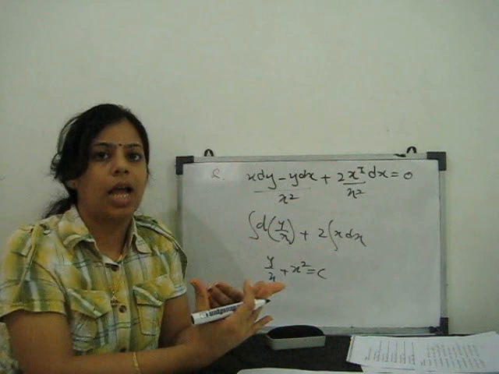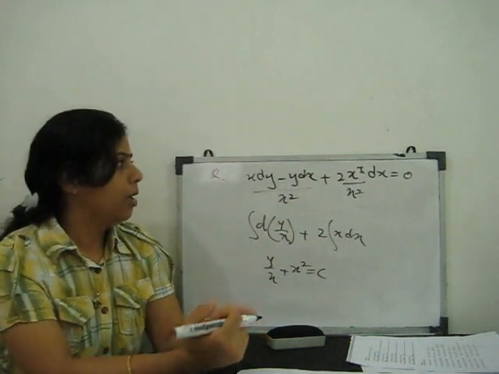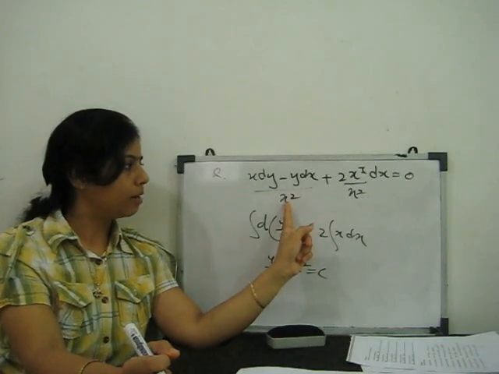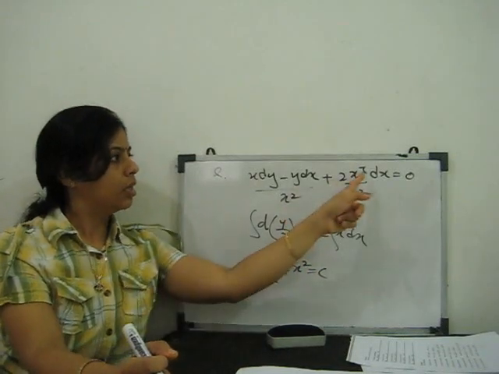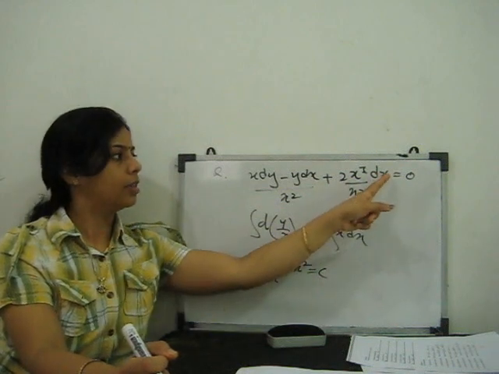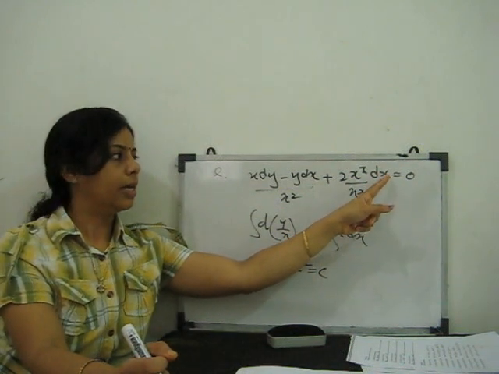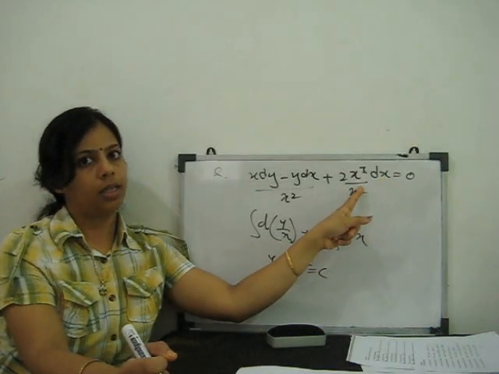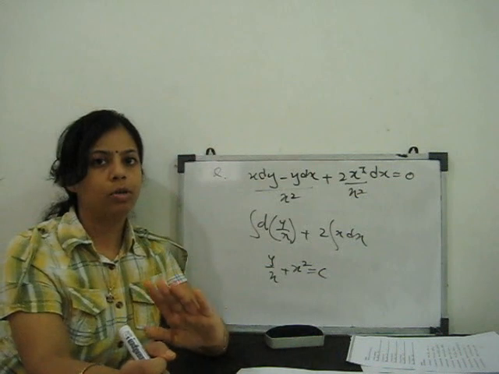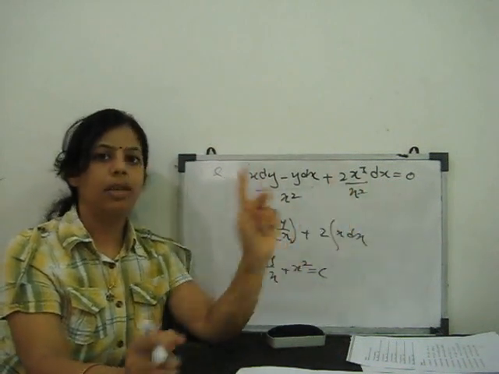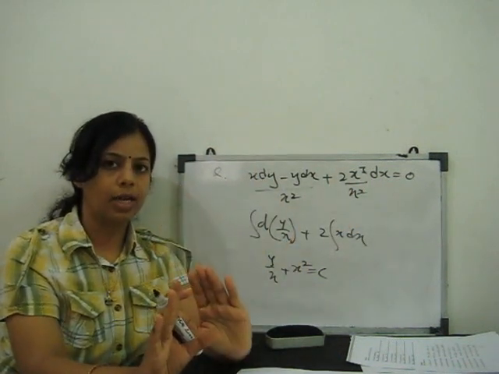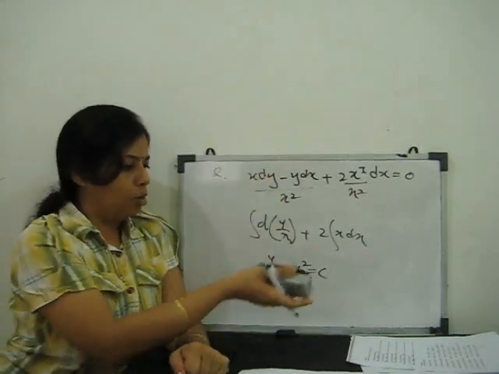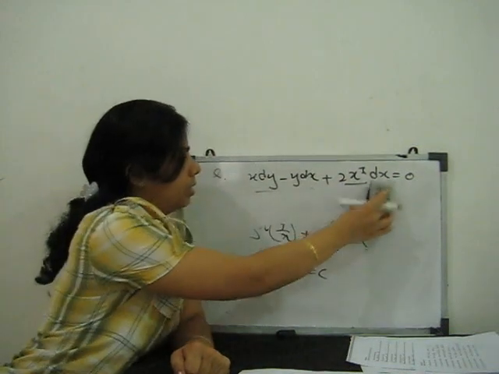How do you decide what the integrating factor is? This term we could write with y² also, but if we divide with y², y² also comes into the other term, which has only integration with respect to x. So we don't need any y in this term. That's why we can't divide by y² in this equation. We have to find the integrating factor in terms of x only. Next question, we go for another example.